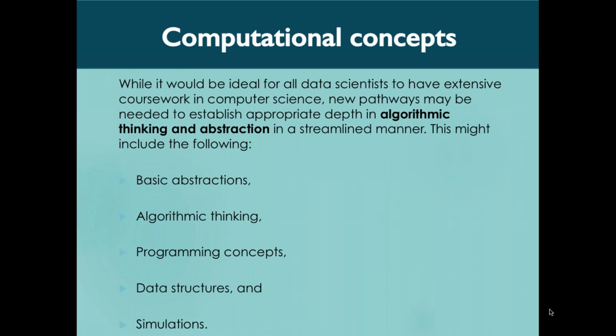Computation is really at the heart of data science. This aspect of algorithmic thinking and abstraction is really important. This is an area where we've taught computing in statistics a lot, an increasing amount in recent years, but there's work to be done to build a deeper foundation in computational thinking, abstraction, algorithmic thinking.